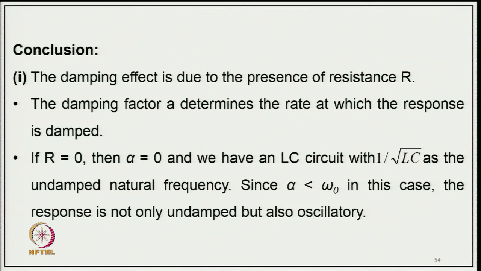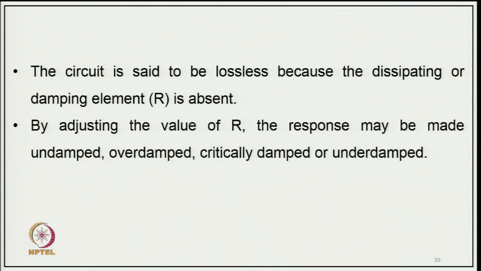So, conclusion from this: the damping effect is due to the presence of resistance, and the damping factor alpha determines the rate at which the response is damped. If R equals 0, then alpha equals 0, and we have an LC circuit with 1 upon root LC as the undamped natural frequency, and since alpha is less than omega 0, in this case the response is not only underdamped, but also oscillatory. And the circuit is said to be lossless because the dissipating or damping element is absent,